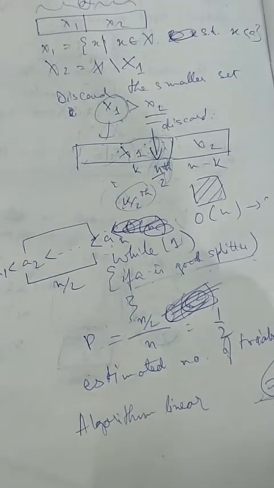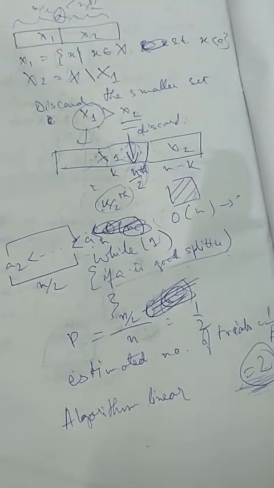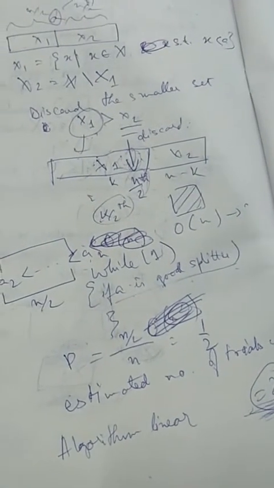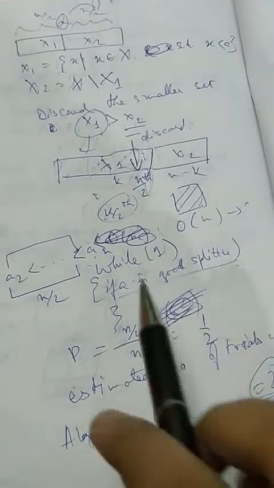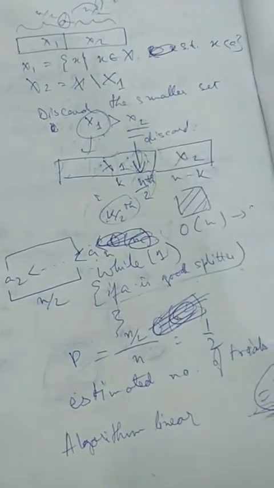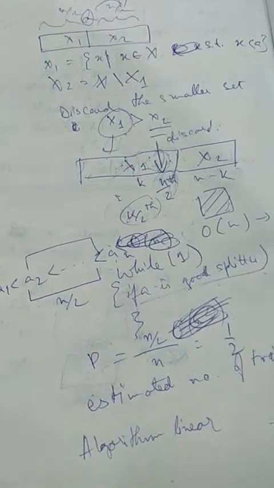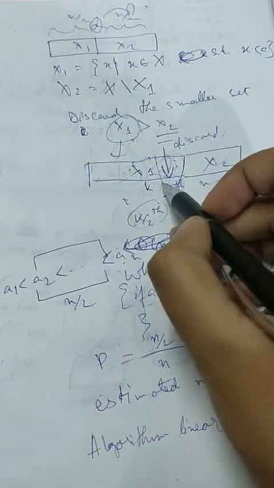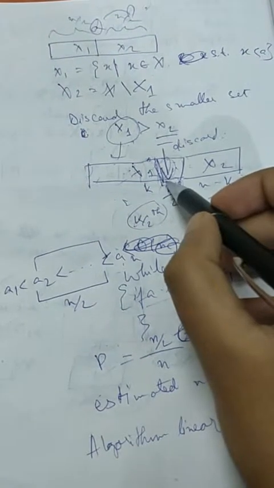In expected 2 trials, in expected linear time, okay, so in expected 2 trials or expected 1 by p trials, we are getting success, that is, we are getting a good splitter. And then after that, in order n time, we are distributing x into x1 and x2 like I told you in my previous video. And so after that we can look for the n by 2th element in the bigger array if x1 is bigger, and if x1 is smaller, then here we have to look for the